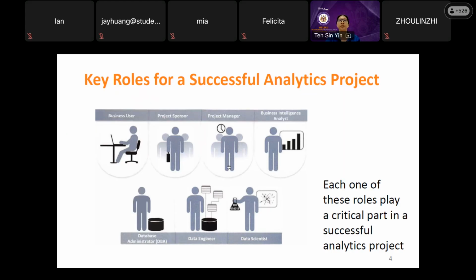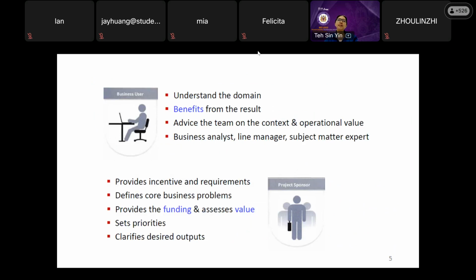All right. Now let's look at the first row. So we start from here, business user. The main role is to understand the domain. So he or she will be the domain expert. Remember last week I did mention, if you have the data scientist, we have 3 elements, right?